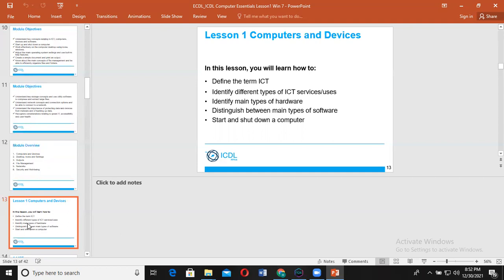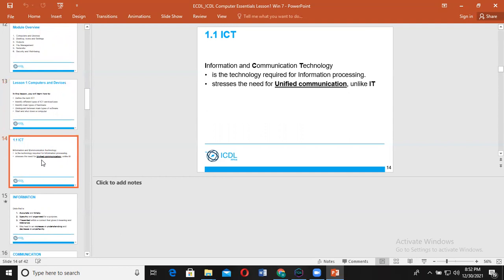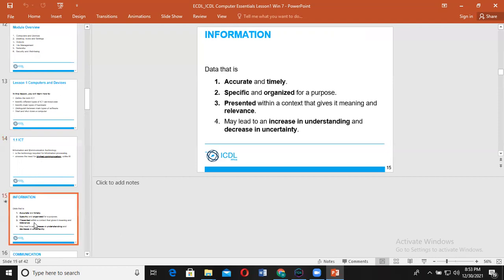There are some technical terminologies like ICT. It is a broad term, and you know it as information and communication technology. It is different to IT, but simply think about ICT as information and communication technology, which refers to the information process and the way the needed unified communication can pass through the devices or through the people. And you have talked briefly about the difference between data and information. You have seen how data differs from information, and we talked about some examples of data, where